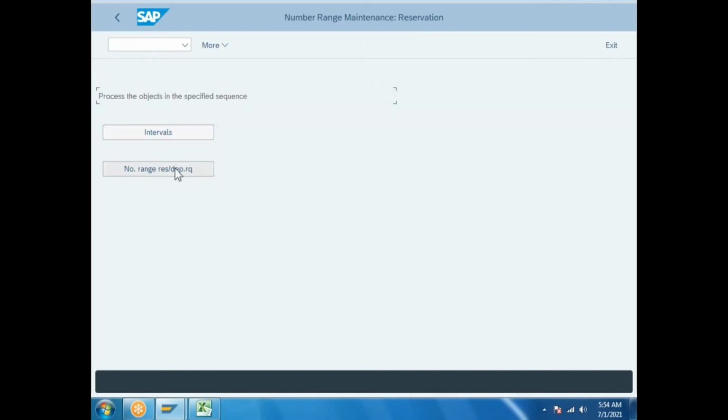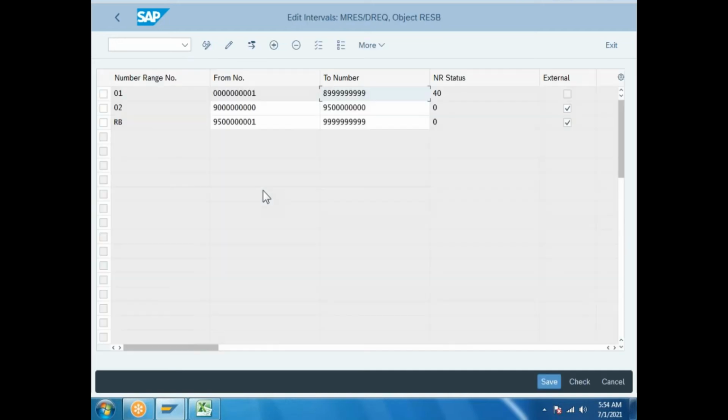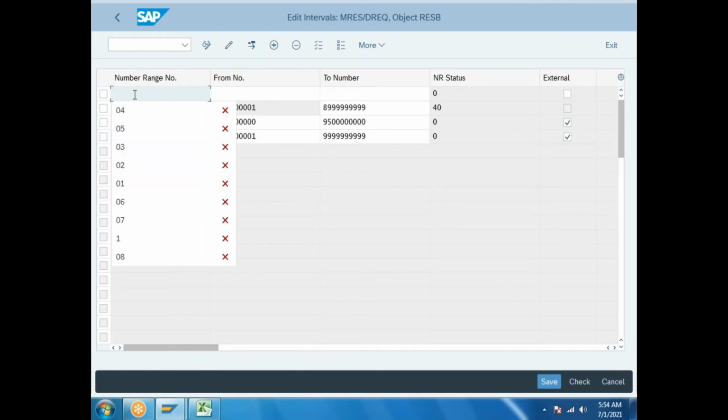This one, MM. Now, reservation number ranges. To create a number range for an interval, we first need to create the interval. What intervals are available? Maybe 3. From which number to which number are people taking? So what we'll do, maybe I will take 1, 2. They already took one.